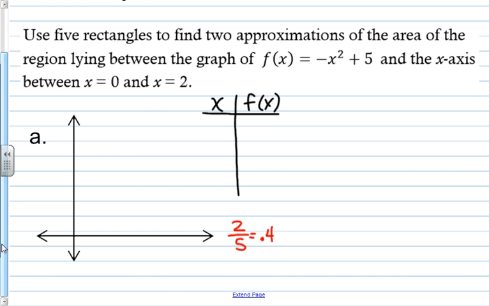So let's see. 5 pieces. This will be 0.4, this will be 0.8, this will be 1.2, this will be 1.6, and that'll be 2. Now, those are my x values. So 0.4, 0.8, 1.2, 1.6, and 2. Plug them into the equation, and we get,